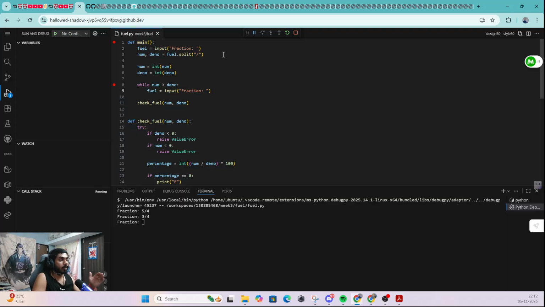But we need to take one input first, right? We can't directly jump into the while condition because it is checking the numerator and denominator, and if they are whatever, and then